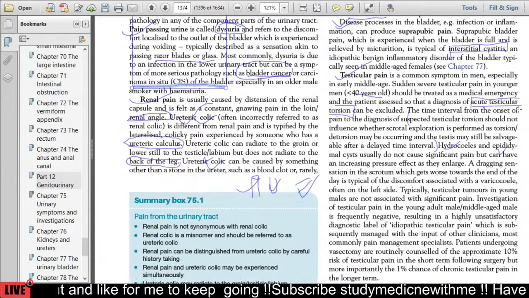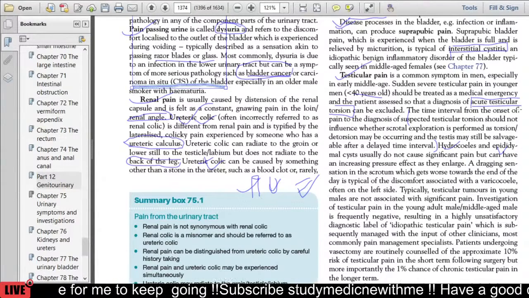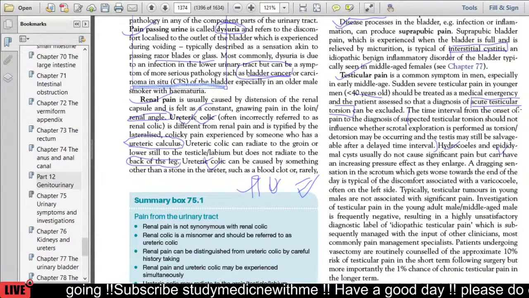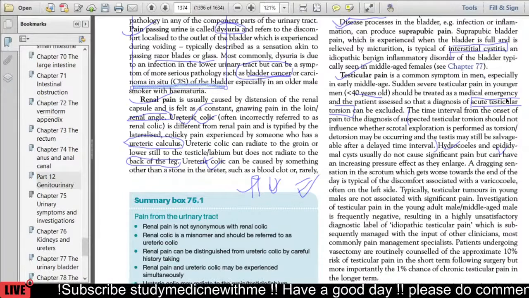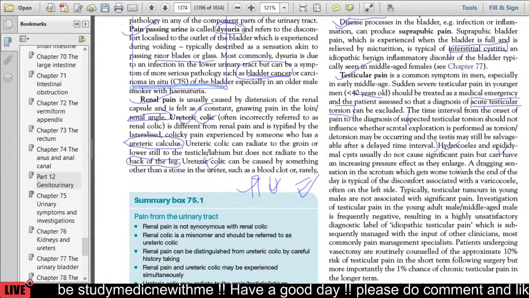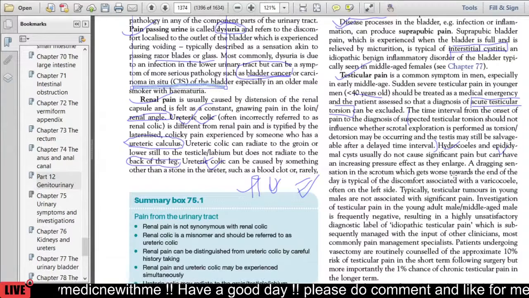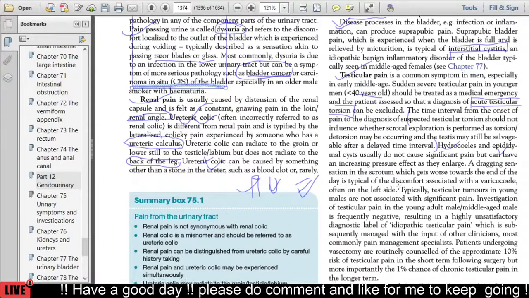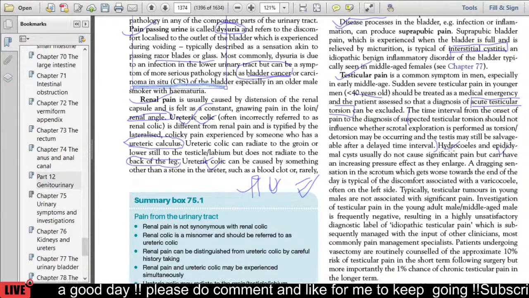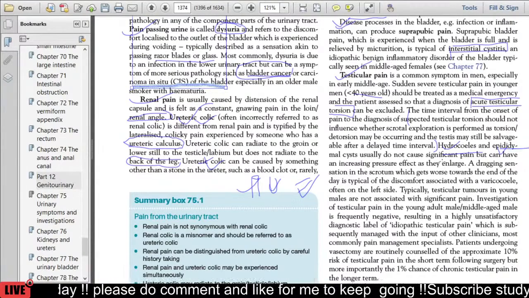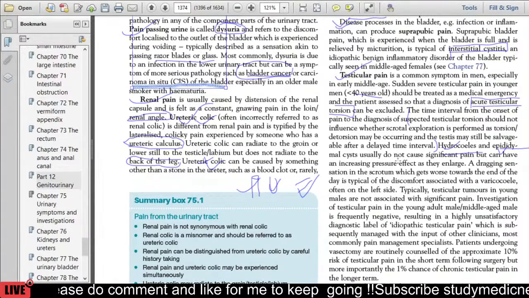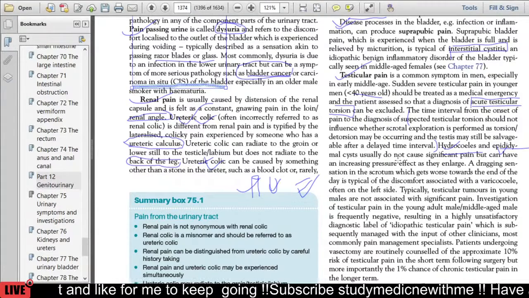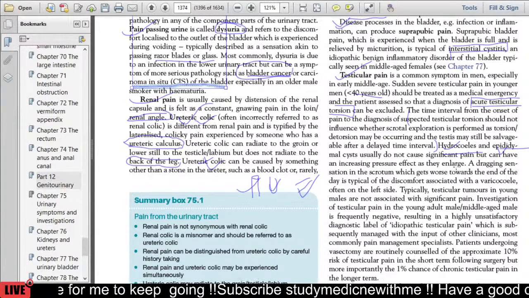And there are other conditions for testicular pain as well. The other conditions for testicular pain are hydrocele and epididymal cyst, and these are not that severe, but they might cause pain when they enlarge. So hydrocele and epididymal cyst are other factors that cause a significant increase in the size of the testis that might cause the pain. Okay,